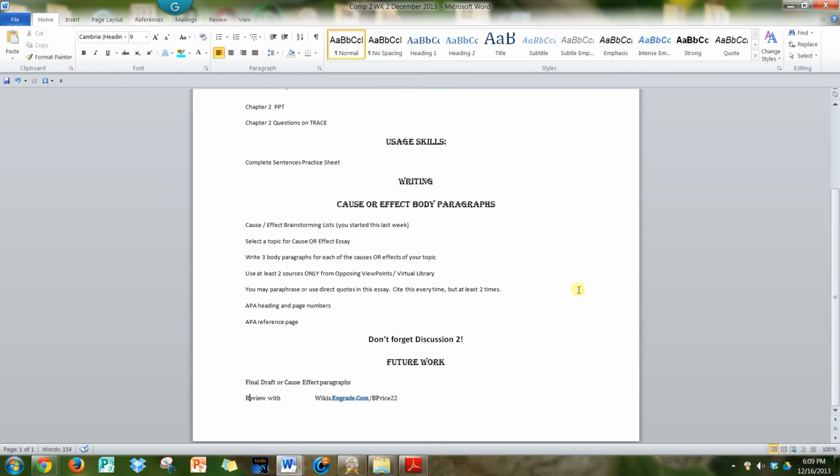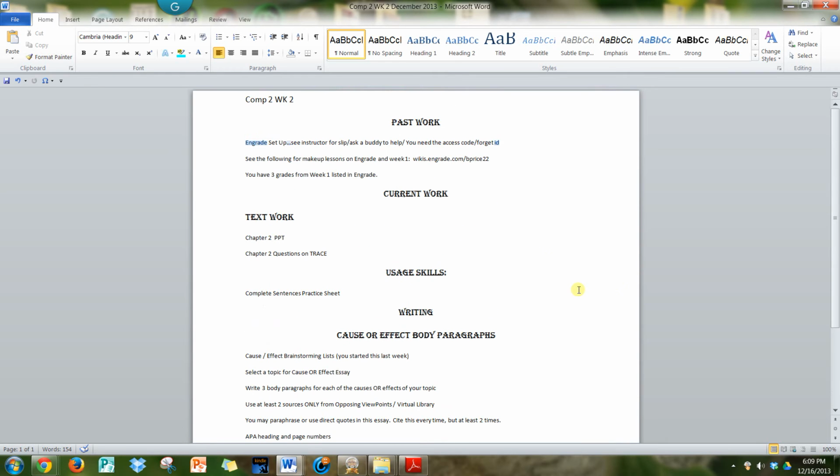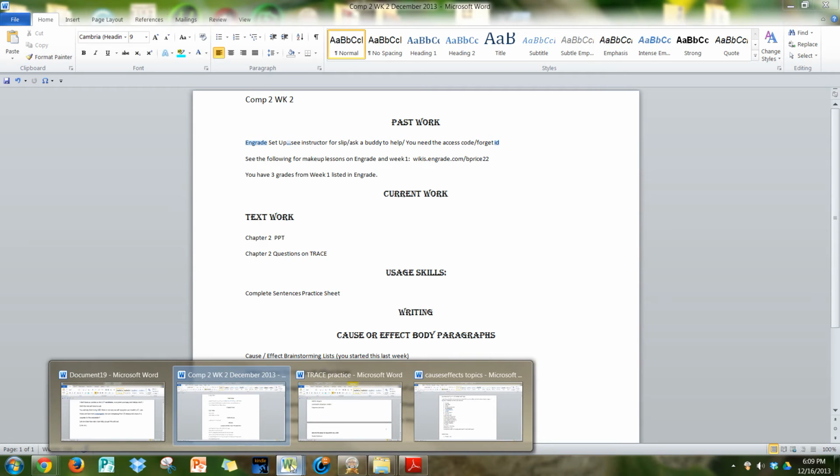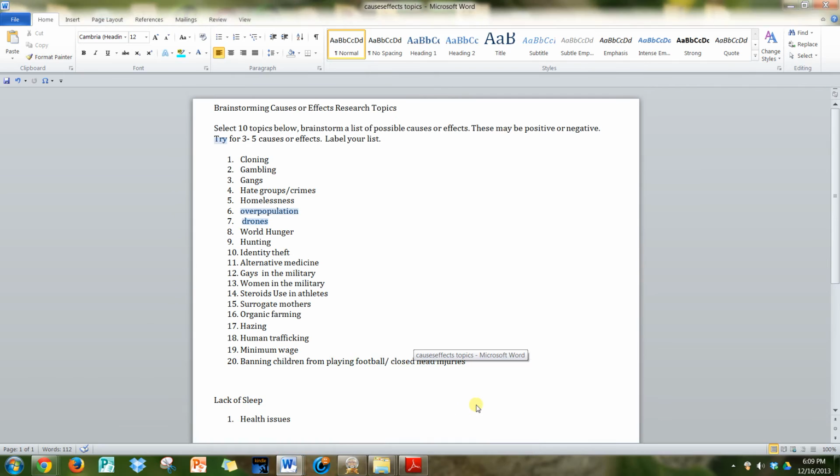Okay, so that's basically our goals for week 2 in our Comp 1 or our Comp 2 class. So let's look at the cause-effect topics first. This is a sheet that was given last week where you had to find a buddy. It was one of the best ways to do it, but you could have done it by yourself, where you